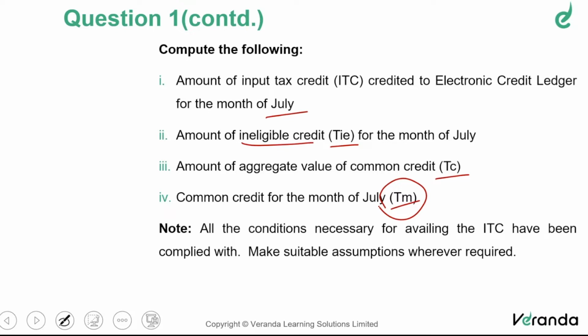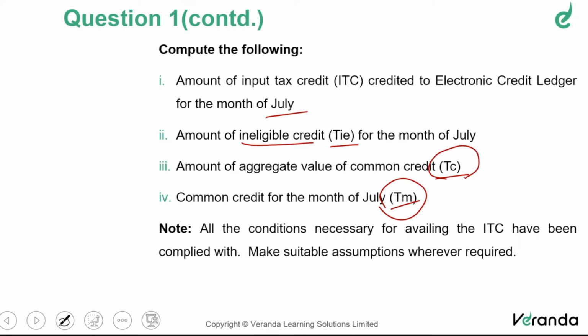Fine. Now, before I go to the question, I just want to test the level of understanding, or how much you're able to recollect regarding Rules 40 to 43. Therefore, let me just ask a question. What is the difference between TC and TM? Anybody? TC and TM. What is the difference between the two?